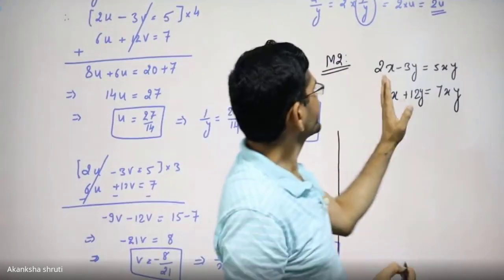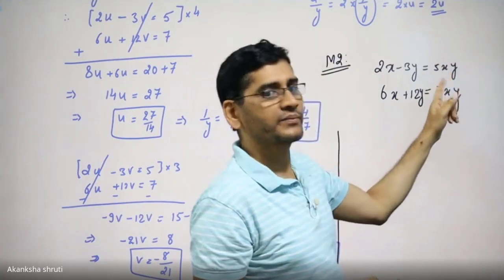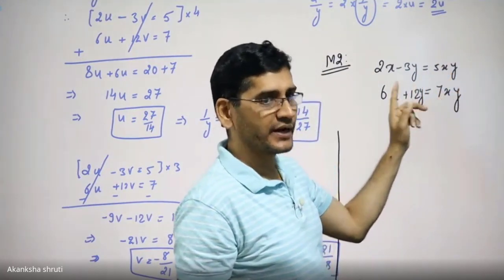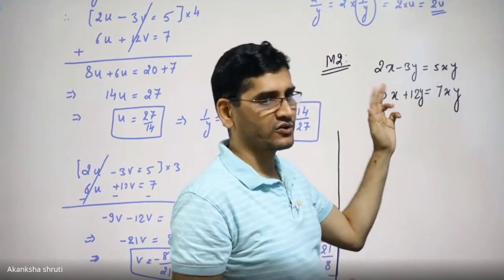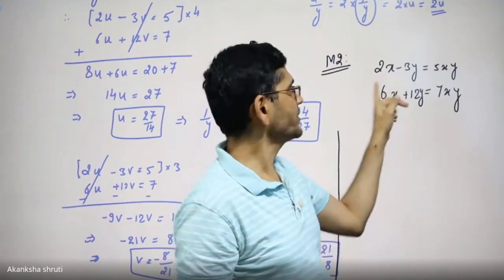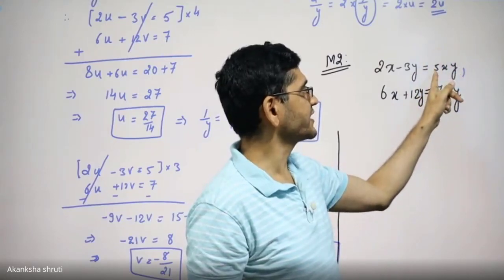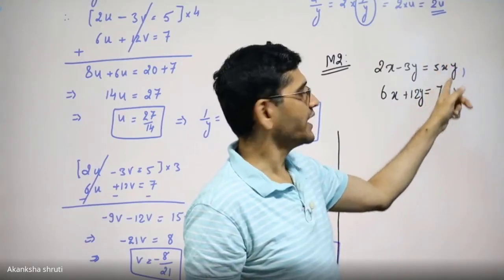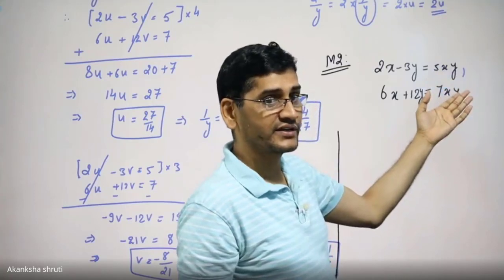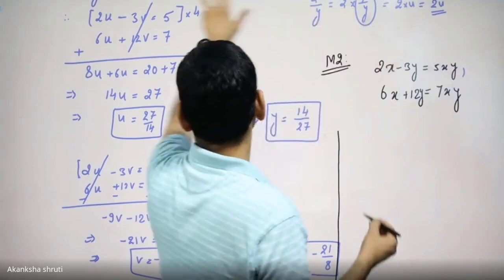So let us see. We can calculate the values of x and y even without substitution, but the method has to be either elimination or cross multiplication. Students, if you are going to apply the cross multiplication, that will create a confusion whether you shall take 1 or xy or what you shall take. Okay, so do not use the cross multiplication here if the xy is distributed.